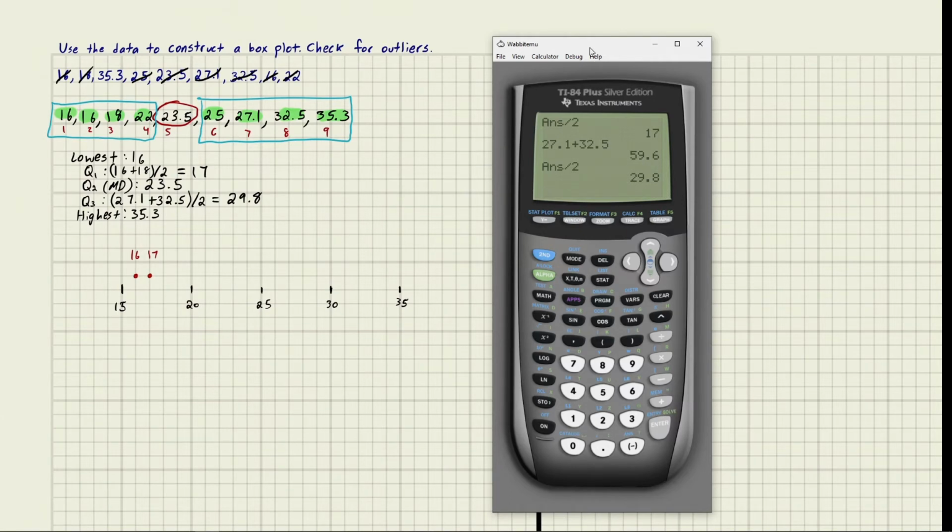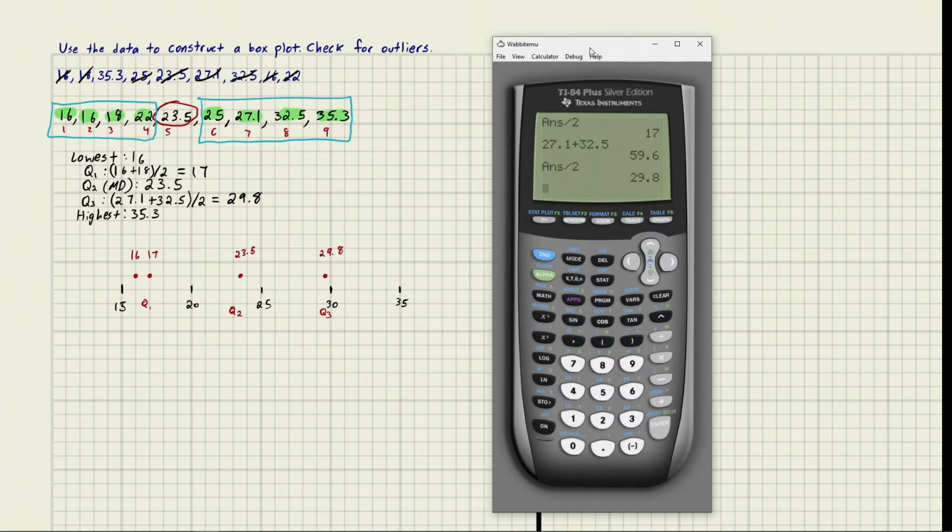So 23 is right here-ish. 23.5. This is our second quartile. This is our first quartile. And then our third quartile is 29.8. That's going to be close to 30. This is our third quartile,